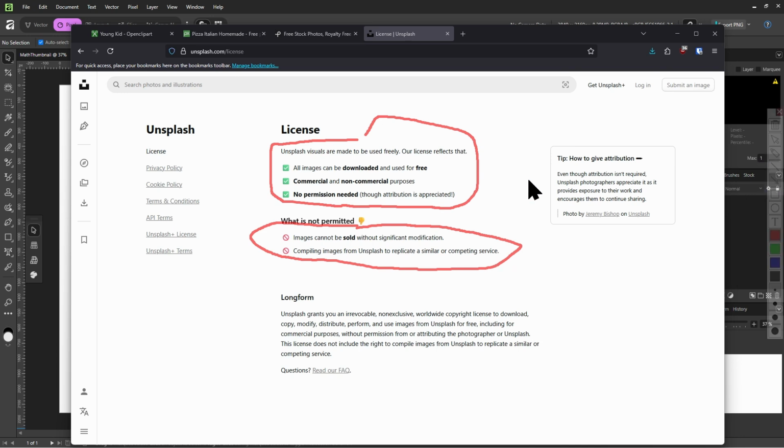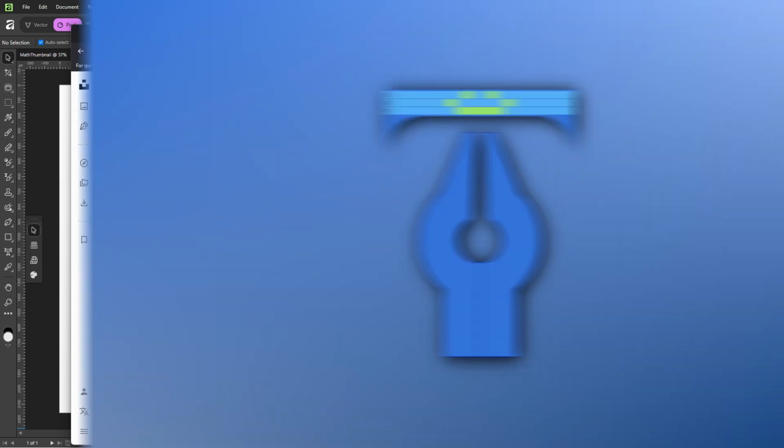In this case, Unsplash allows commercial use, so you can rest easy knowing anything you download from Unsplash you can use to make money. But some stock websites, which I will not name, allow you to download their images for free but do not allow you to use them commercially. So yes, you can download images from their website for free, but you only get a license to use them non-commercially and you have to sign in or make an account.